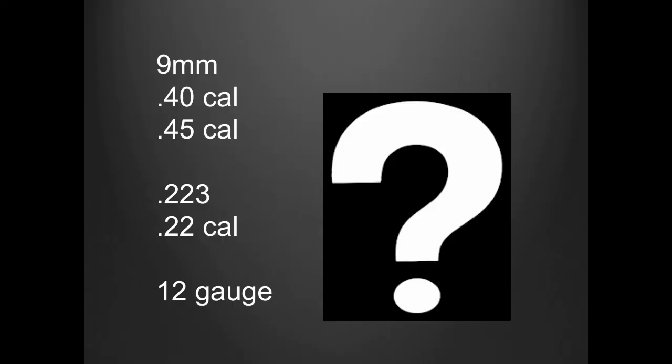All right, continuing on. This is part 2 of the Gun and Ammo's PowerPoint presentation. We've just covered a number of different weapons: semi-automatics, revolvers, AR-15s, and the 12 gauge shotgun. But we're going to go into a little bit more basic understanding of calibers so that you hopefully have a